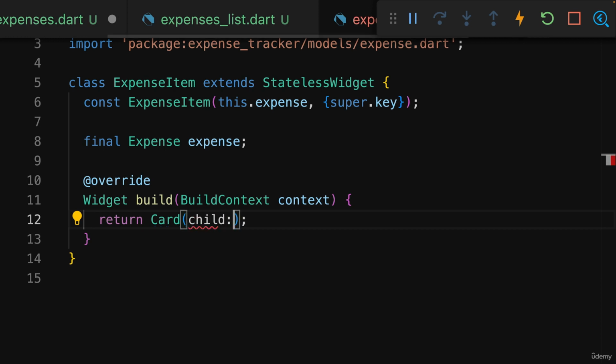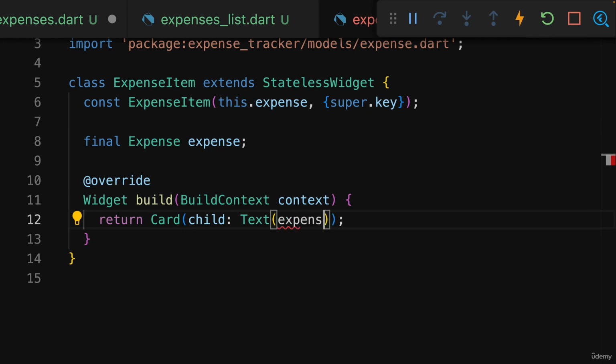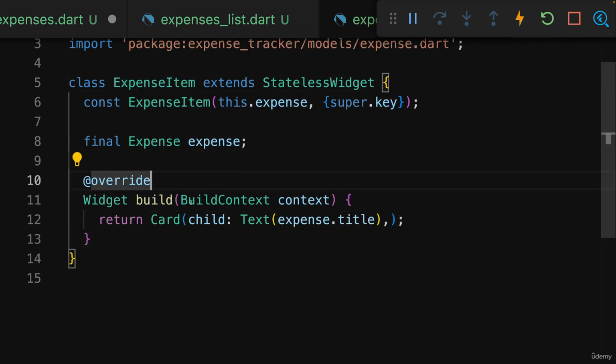I can show you how it looks by setting the child parameter, the named child parameter on this card widget, and set this to the text widget. And now here I want to access expense title. This is not the final definition of my expense item, but this allows me to show you how this card